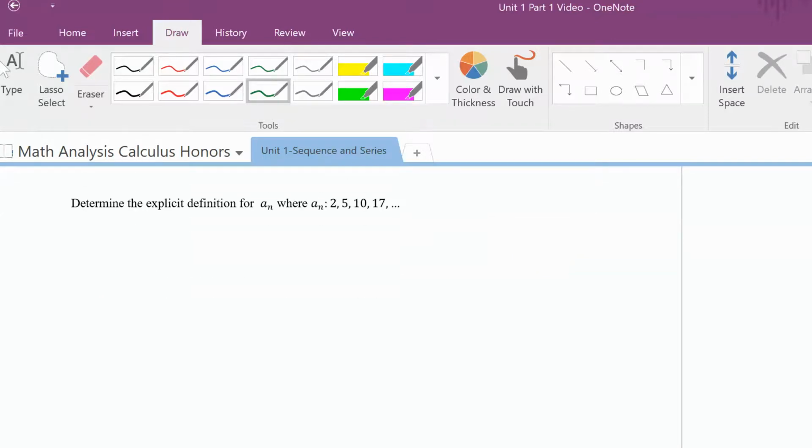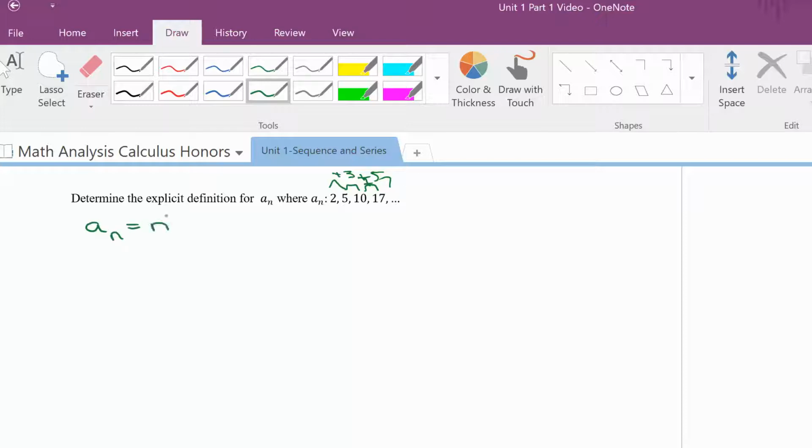All right, so let's look at the explicit formula for this sequence. And we talked about what happens when you add a consistent sum. It is a quadratic. So it's got to be an squared plus bn plus c. Now, some people can just look at it and determine what the answer is. But for those that need a guide or a set way, we can use matrices, which you guys learned last year in Algebra 2 Trig,